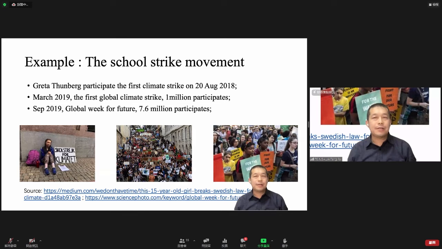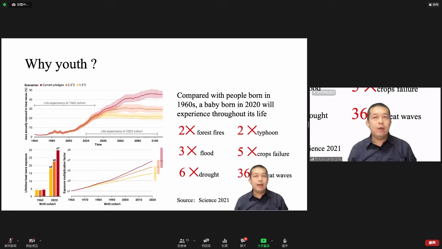And the action they take is the school strike. And they want to influence the government's objective, that is, to put pressure on the government. And why did the youth emerge as a citizen group, as actors in this governance structure? It is in fact very much related to the scientific findings, or the scientific